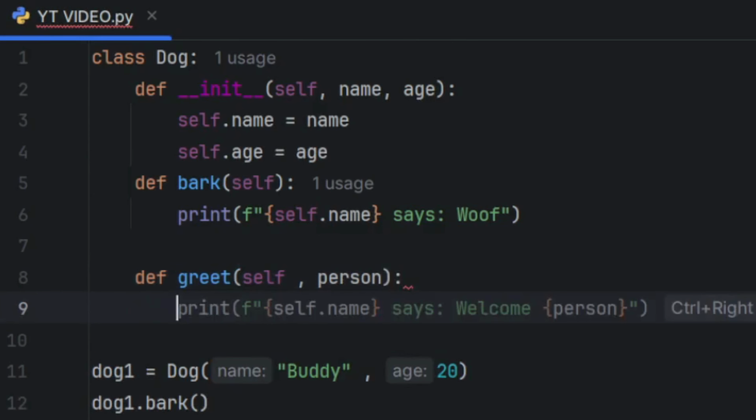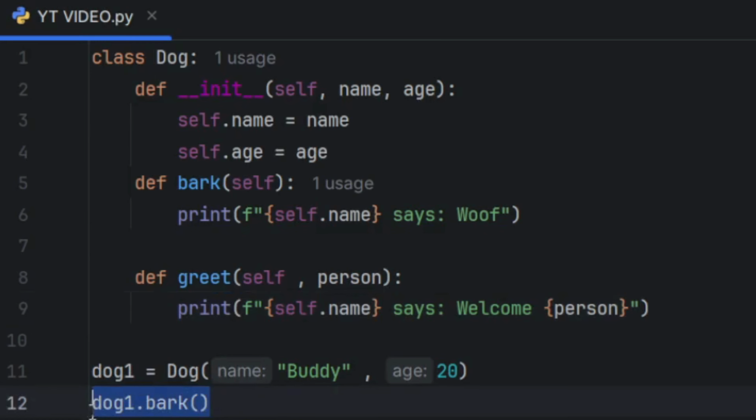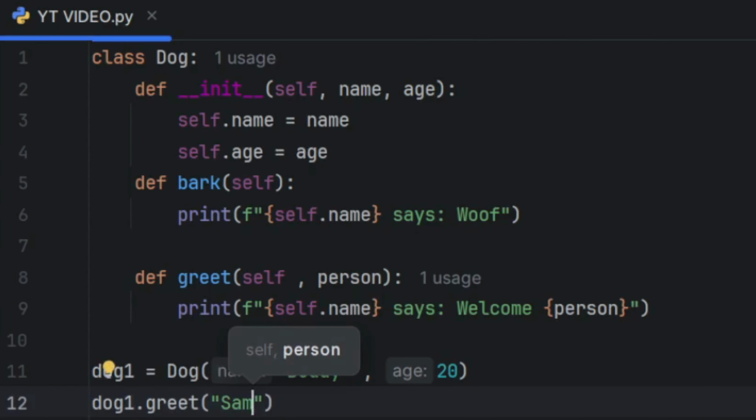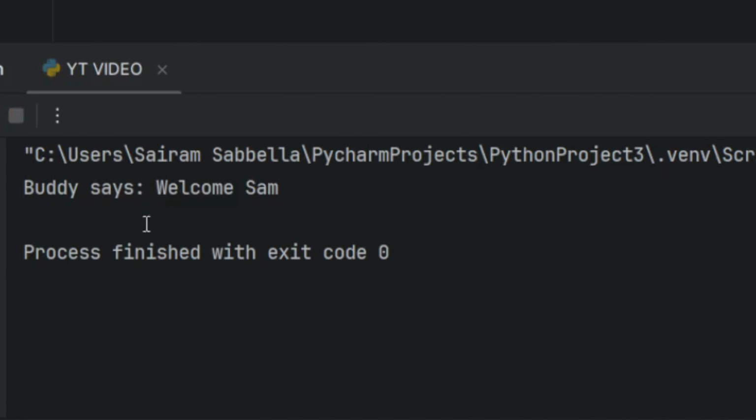So then print f self.name says welcome person. Let me just remove this and let's do dog1.greet. Since there's a new parameter called person, we'll make the person's name Sam. If you run the code over here, buddy says welcome Sam.